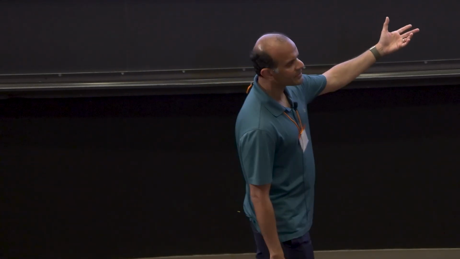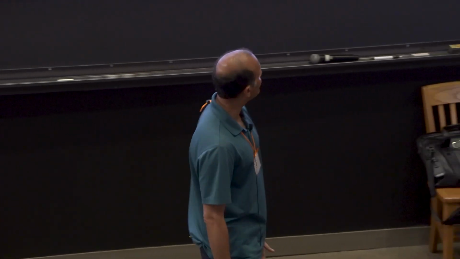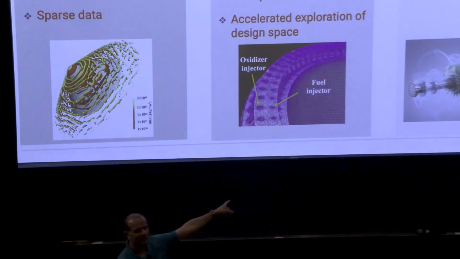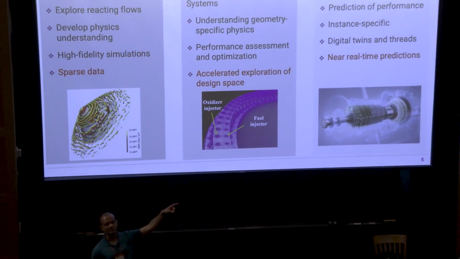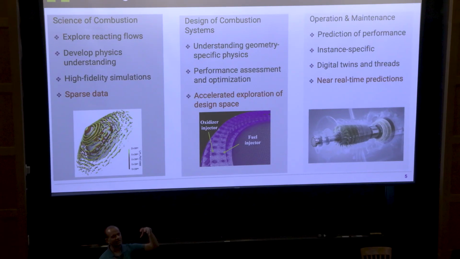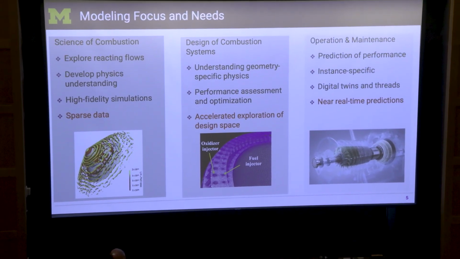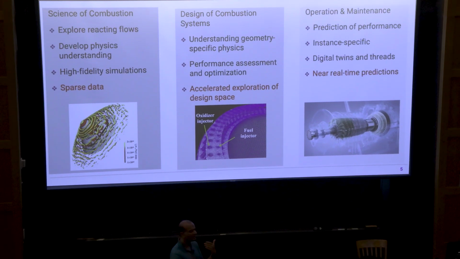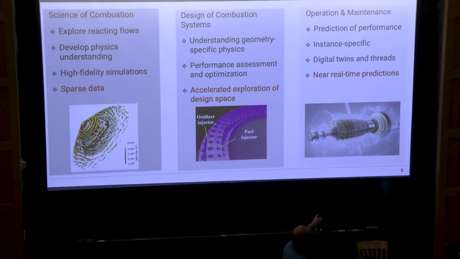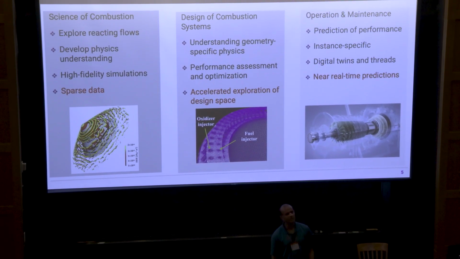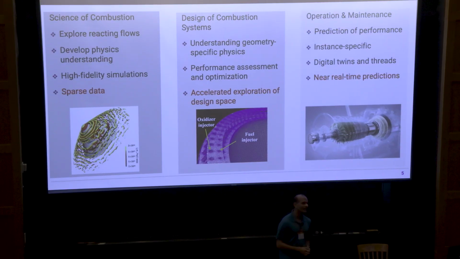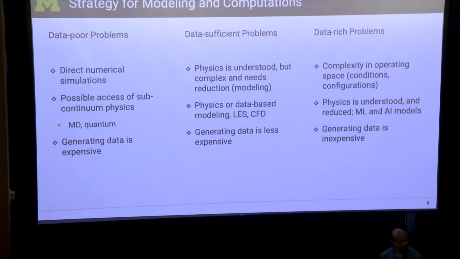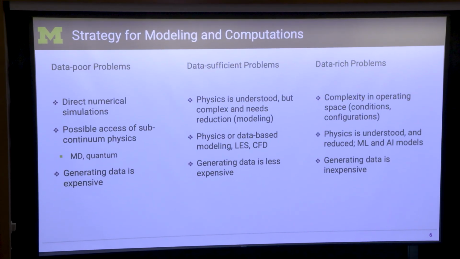And this last part did not exist for a long time. I mean, when I was doing a PhD, this was the only thing. There was no design of combustion. You do this, and then someone who is the architect of the engine will look at your images and go, yeah, that's how I tune this side of it. It's all heuristic. But now we have this additional feature, right? So when we think of all of this modeling, we should take that into context. And this comes with its own set of constraints and needs, right?